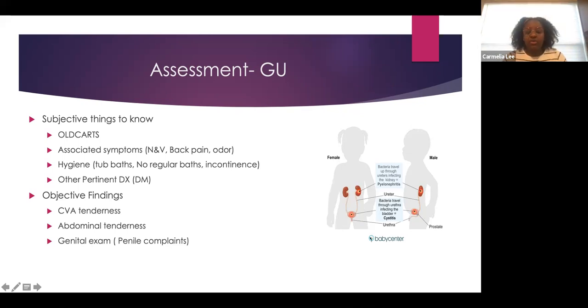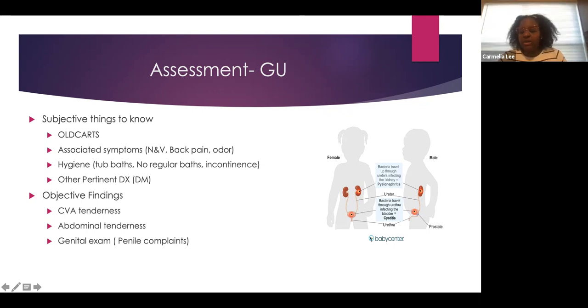What you want to ask, do you have anything else? Nausea, vomiting, back pain. Is there an odor when they are going to the bathroom? And mom may say the diaper smells different, or the color in the diaper is darker. Other thing you want to know, hey, does your child still play in the bathtub? Do you put bubbles in the bathtub? Especially more so for the young girls. Is there bubble baths? Are they not bathing at all? Is it an older child with incontinence issues? So are the children having issues with nighttime bedwetting? Also things you want to know.